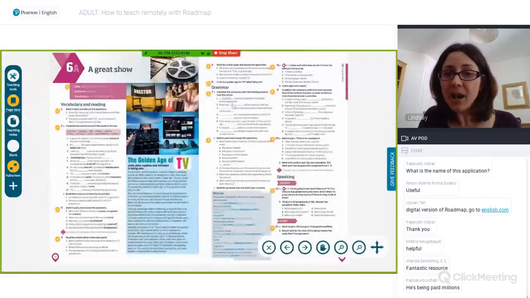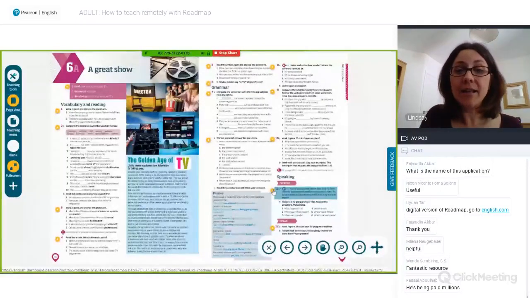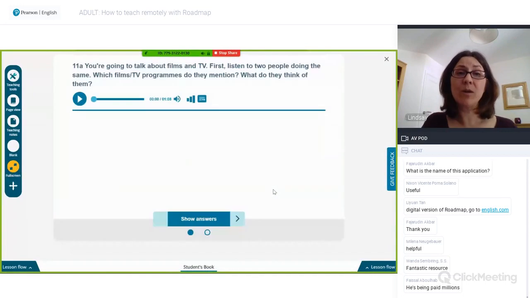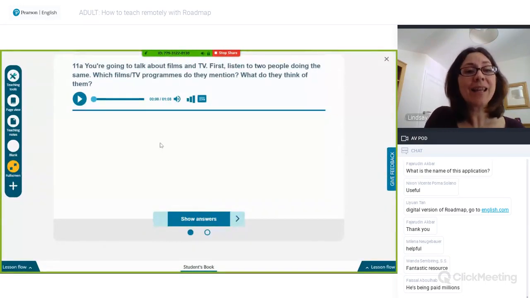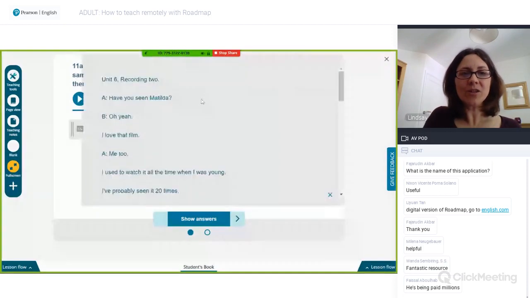Then if we actually come to a speaking, in our speaking lessons, we've always got a model somewhere on the page so that students can actually hear a discussion first. So again, here you can just play the recording, students listen, and we can check their understanding. But there's also a transcript here. So if you click,